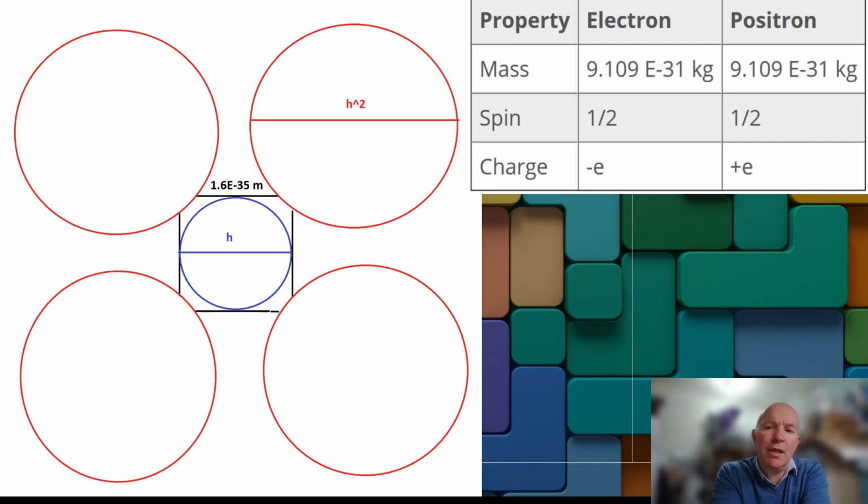I'll talk about the beta decay process, and I'll talk about the inverted symmetry through the singularity. So the electron itself can be converted into a positron if it travels through the singularity. And the singularity within the atom is the place where there is, in the nucleus, no mass, no charge, no space, and no time. And it is within the singularity that we can get the inversion of the electron into